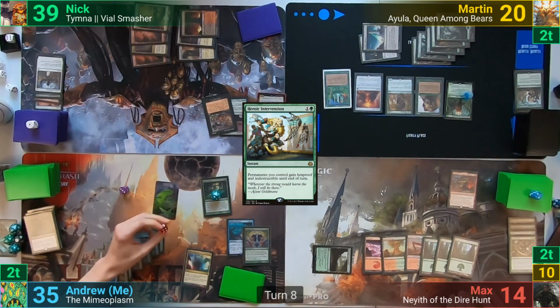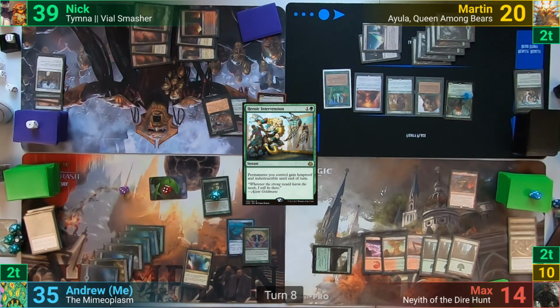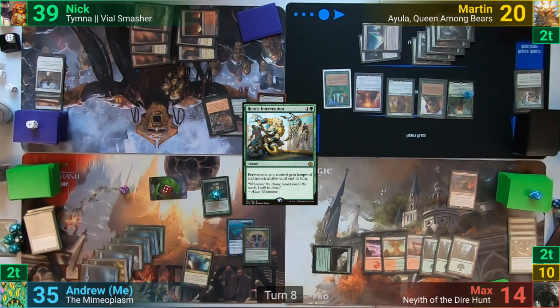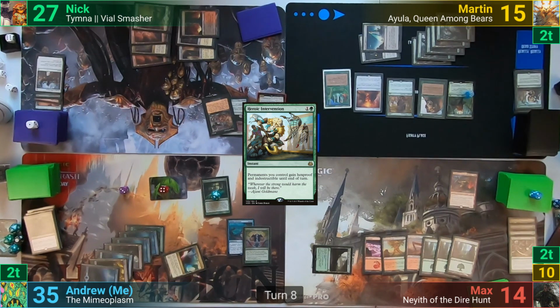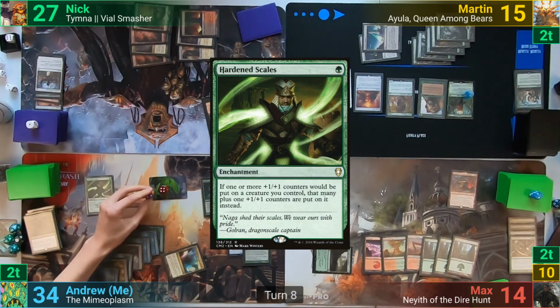I then move to combat, swinging 3 oozes at Nick and 4 at Martin. I draw 7 first, and Martin blocks 3 of them. Martin then takes 5, and Nick takes 12 since the armor reduces the damage from each ooze by 1. In my post-combat main phase, I lose 1 life to cast Hardened Scales by tapping the Mana Confluence and pass,